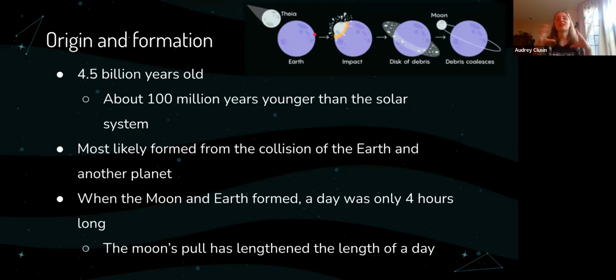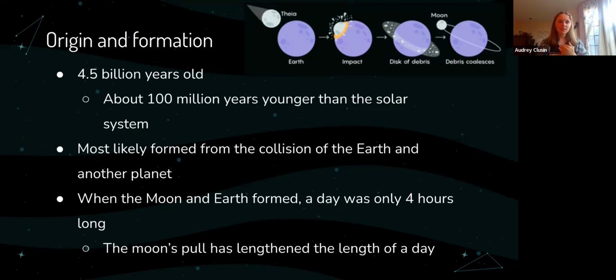Earth was still in a totally rocky form at this point, no water, no trees, no life, but most likely an impact happened. And that means at one point the Earth had a disk around it, kind of like what we see with Saturn, which is pretty cool to think about. And eventually that disk of debris formed with gravity into the moon.